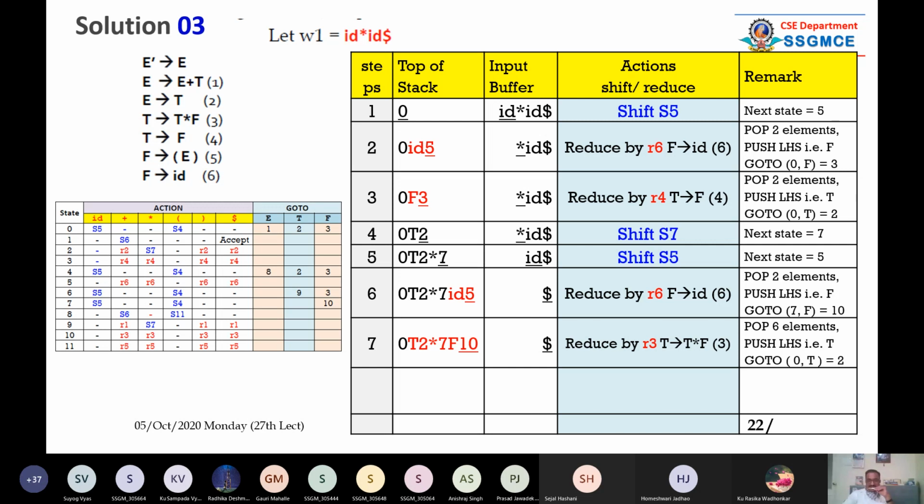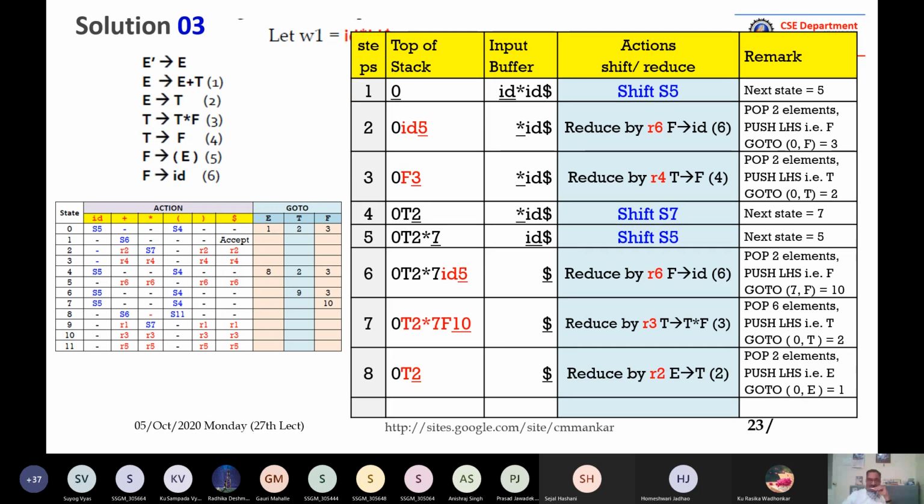So you have to compute. Go to 0T. What is T? T is an LHS. So what does 0T give? 2. Again refer to the parsing table. Go to 0T, it is giving you 2. So you have to remove all those red things from that 7th step, and you have to push the handle T into the stack like this. So 0T and 2 will be there on the top of the stack. That is a new state.